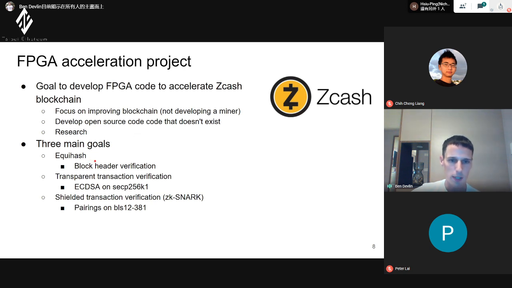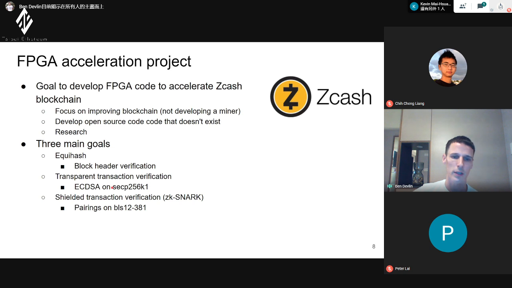The three main goals we came up with: Equihash is the proof of work for the Zcash blockchain, so we wanted to provide verification for this. Next, transparent transactions, which are very similar to transactions in Bitcoin and involve elliptic curve cryptography on a specific curve.